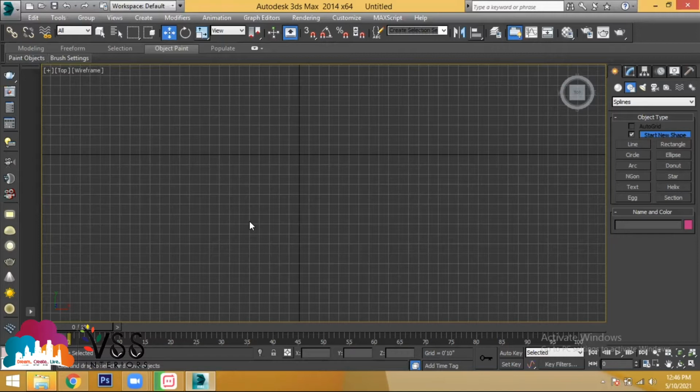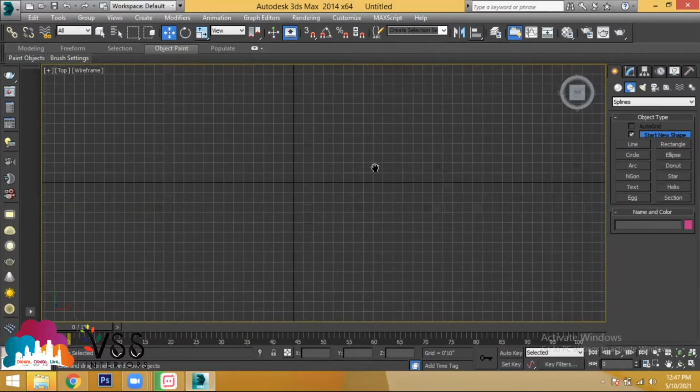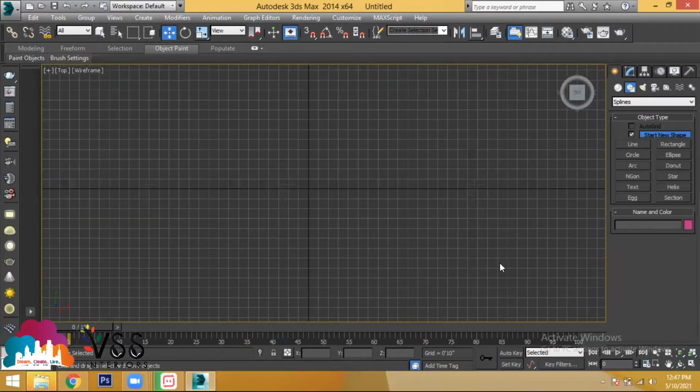In AutoCAD there is an endpoint. You take a starting point, move your mouse, switch on ortho, and then you provide the dimensions, right? In 3ds Max, we don't have the option of providing dimensions for the object. Remember clearly, in 3ds Max, when you use the tool called line, you can't provide the dimensions. That is one thing you have to remember. You can just create the object. Until you press W, the object will continue.